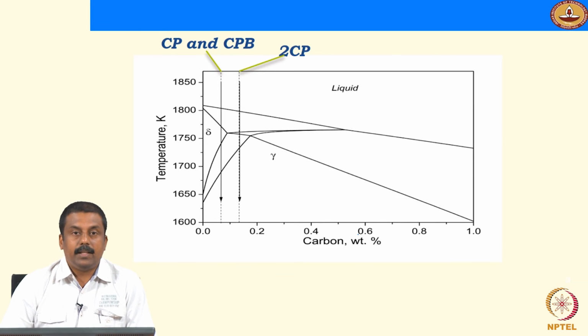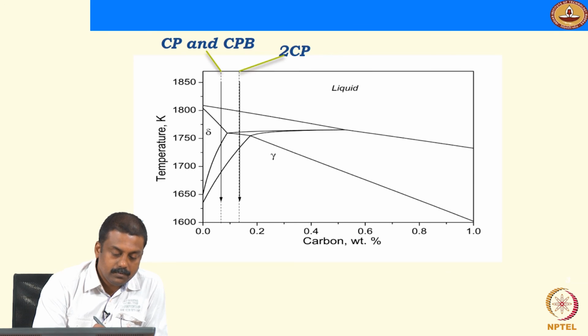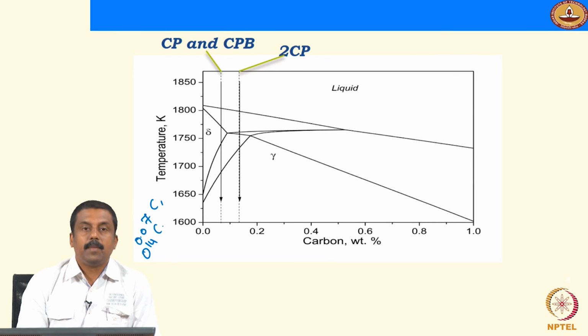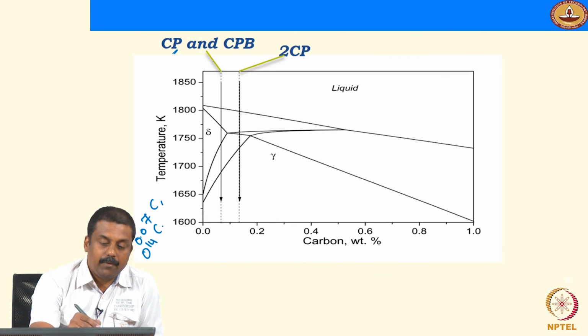If you look at the example I showed you, the 3 chemistries, we have 2 carbon concentrations. One is 0.07, the other one is 0.14 carbon concentration. So for the steel CP, if you look at the solidification sequence, of course you have inclusions already formed. That goes without saying. When the liquid is cooled to below solidification temperature, and if your carbon concentration is less than, say, the peritectic reaction temperature,